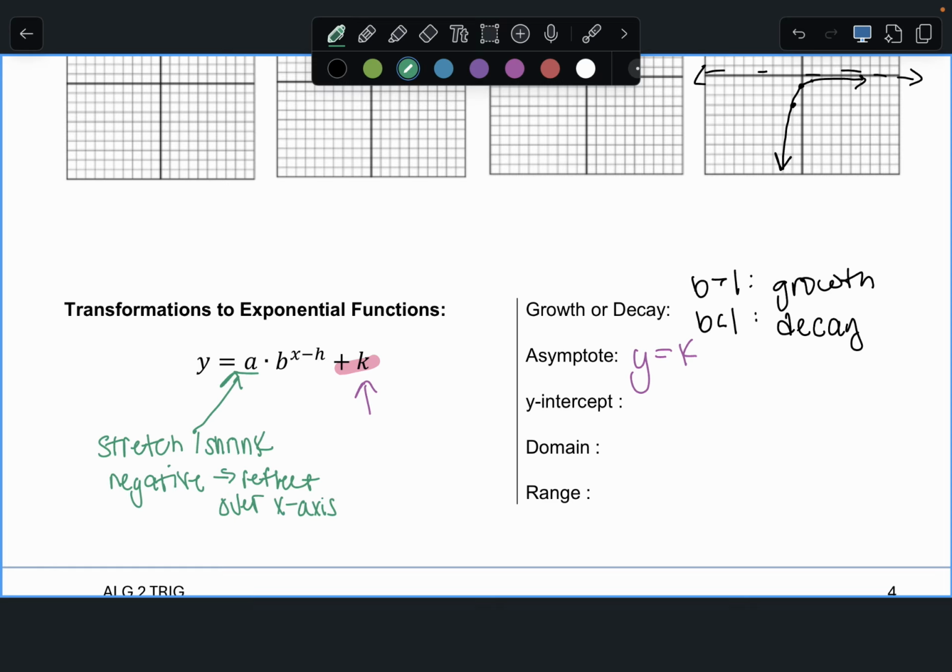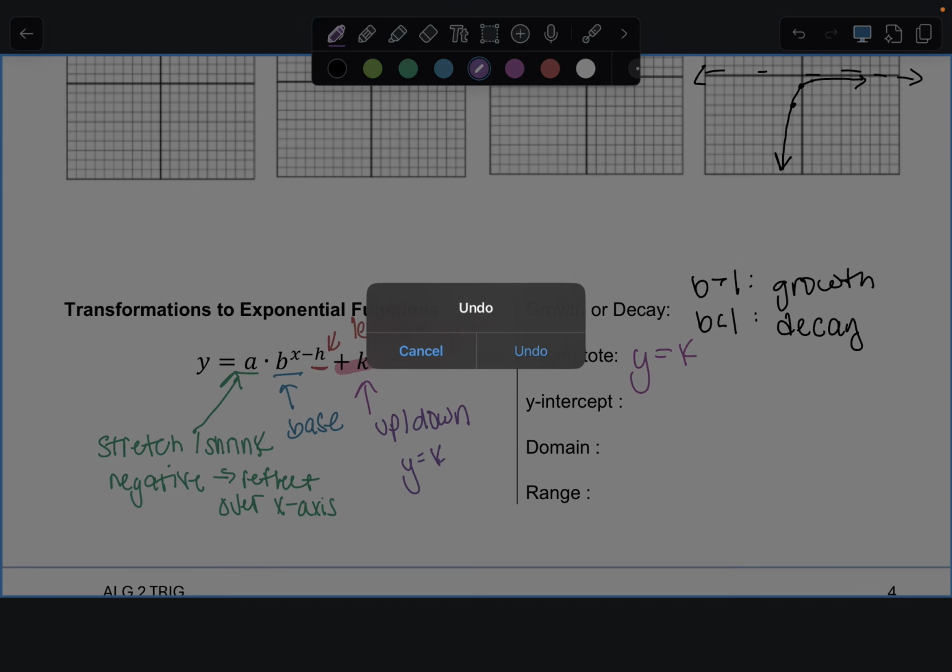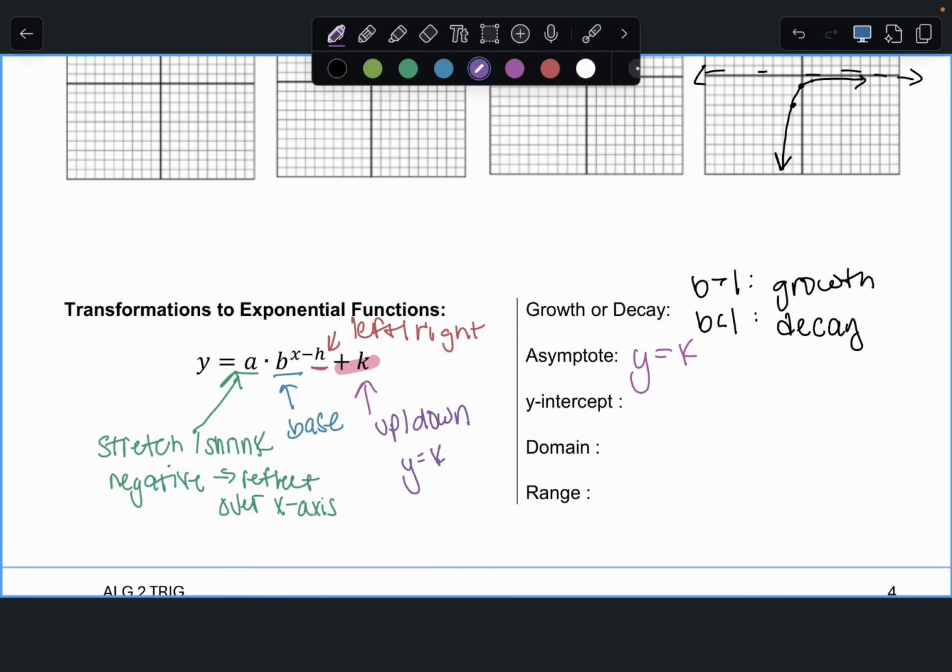What does H usually do? Up and down or left and right? Left and right. And again, H is inherently x minus H, so we flip the sign of what we see, and that's our H value. We're used to doing that. B is just our base. It's going to determine decay or growth. And then K is going to move us up or down, and it's going to determine our asymptote, y equals K. Okay. The y-intercept, to find it, we actually have to go